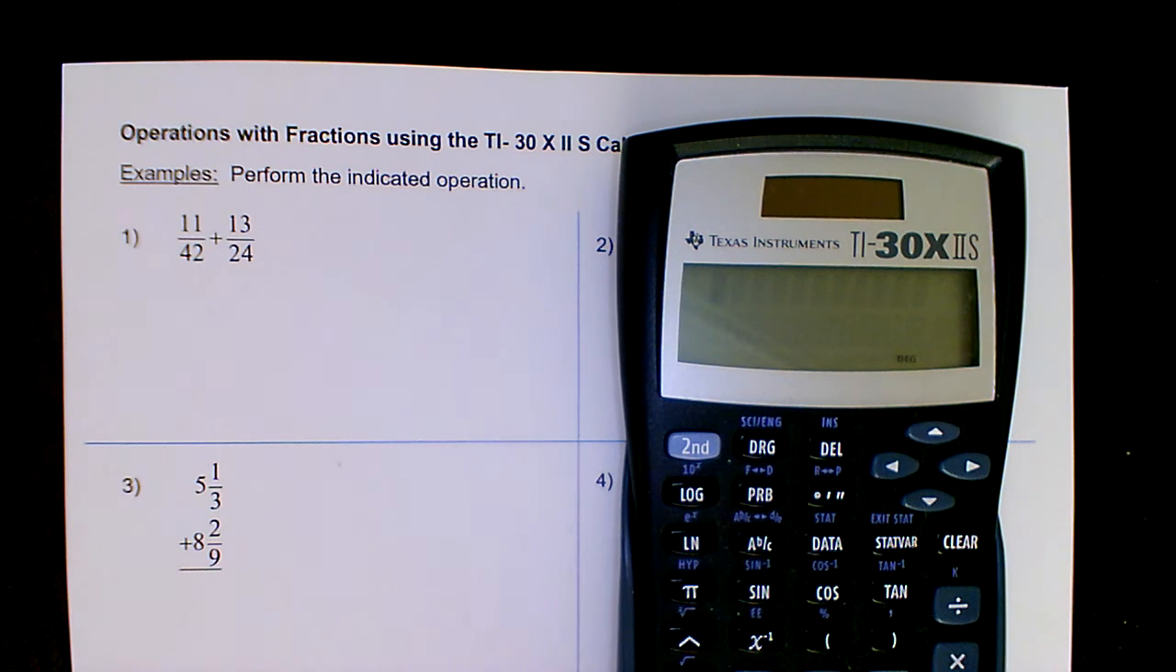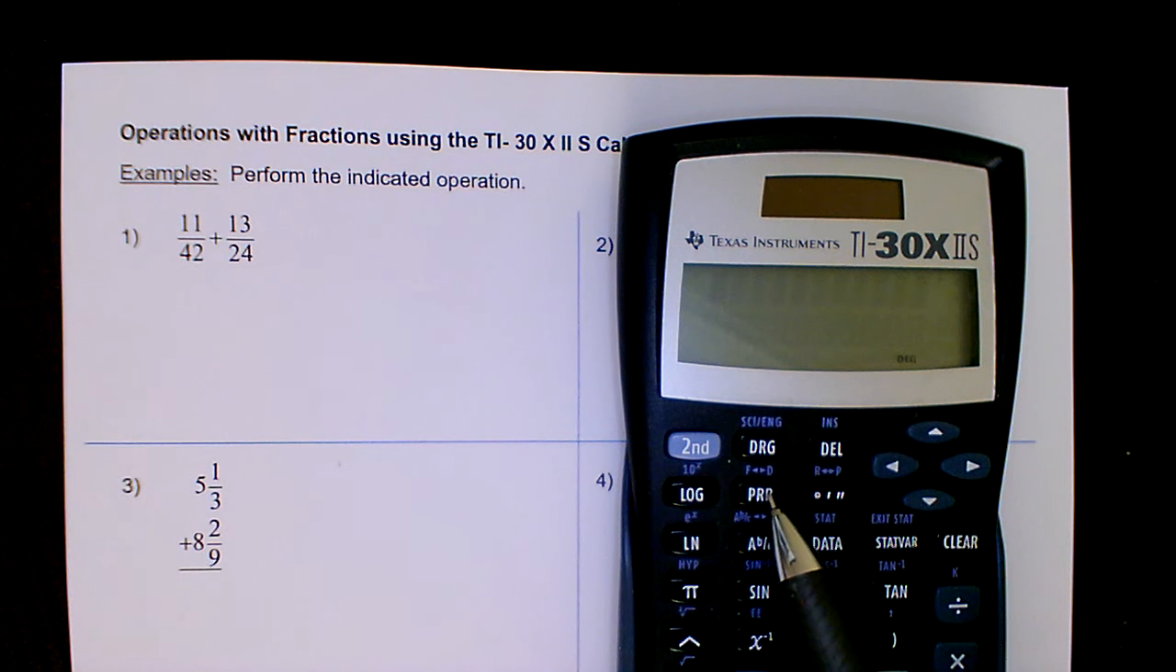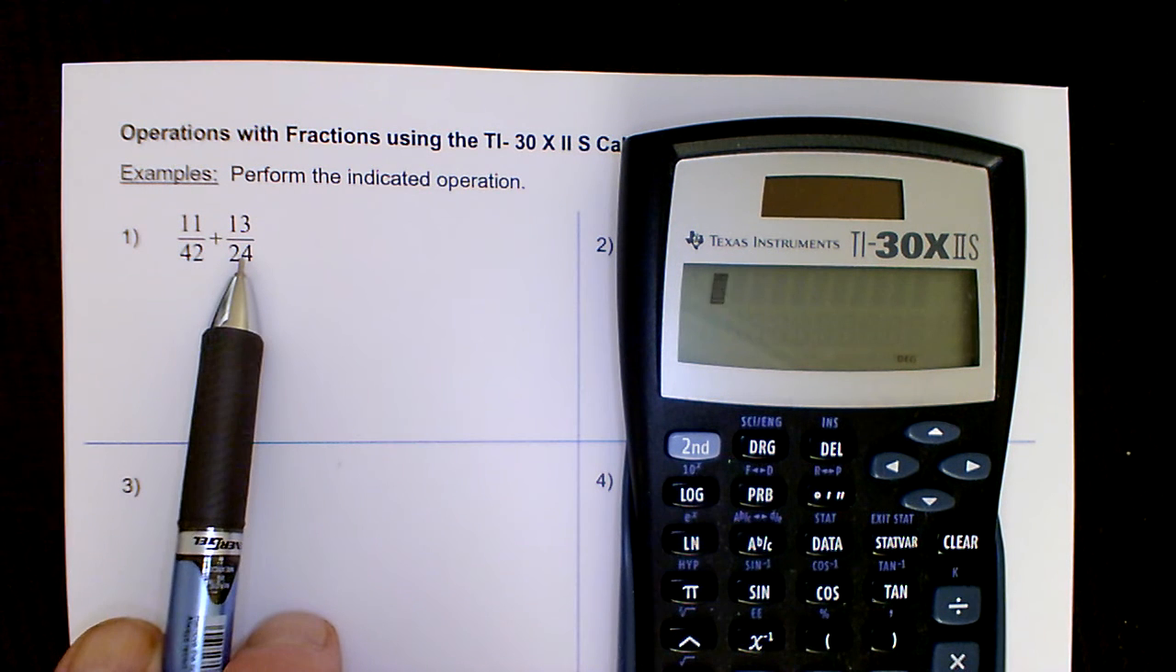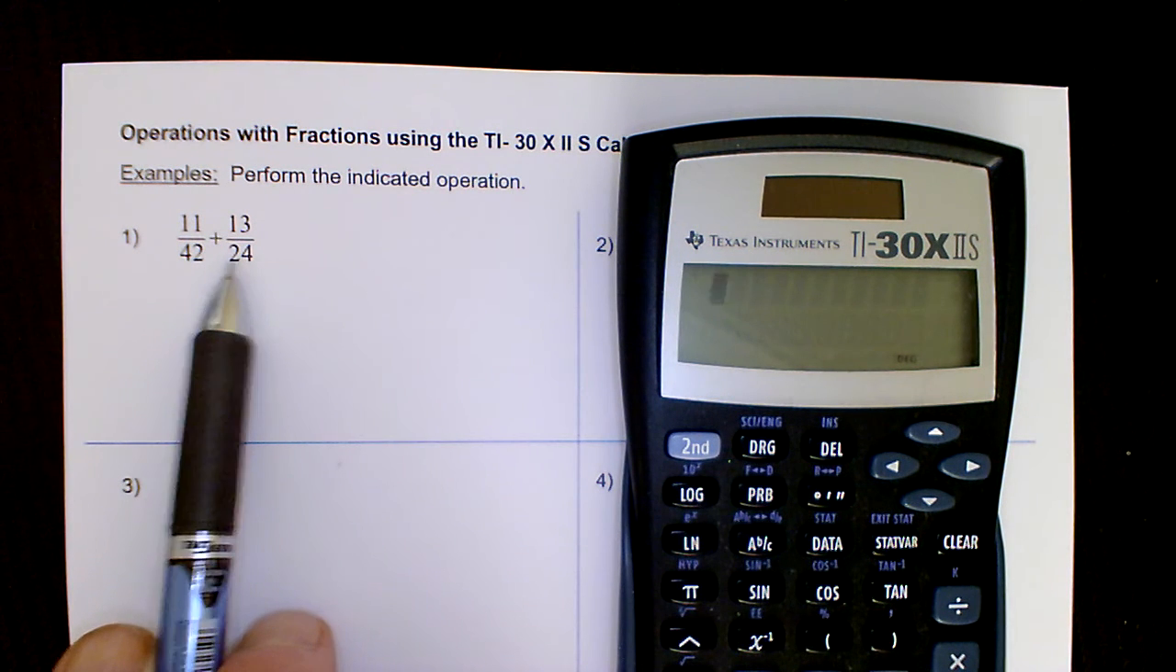And you'll notice right below the PRB button here is this A with a B over C. That's our fraction key. So we want to use that when performing operations with fractions, and I'll show you how it works here. To begin with, here's a basic addition problem with fractions, where normally we'd have to find the